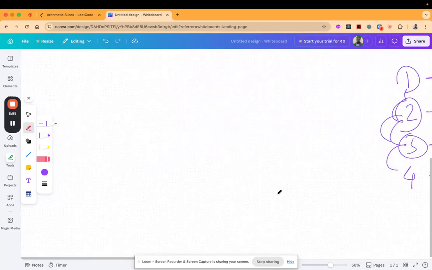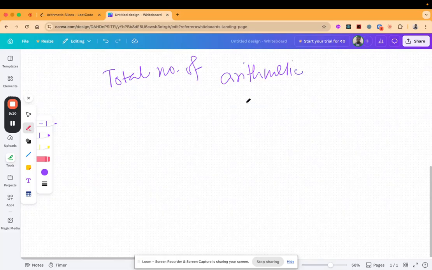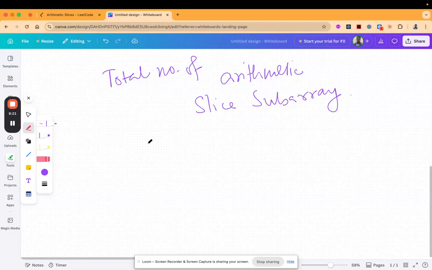Now in this question they are asking for the total arithmetic slice subarrays, right? So for that what do we need to do? We need to count, but our minimum count should start from 3 elements. Earlier we were starting the minimum count from 1 element, but in this case we have to start from 3 elements,